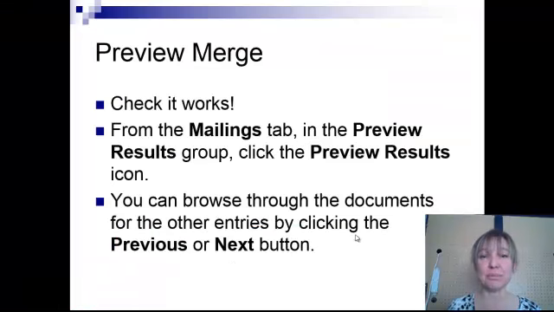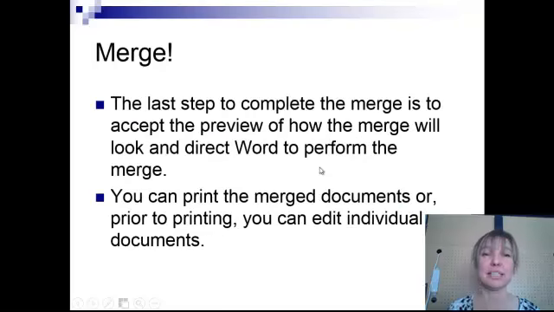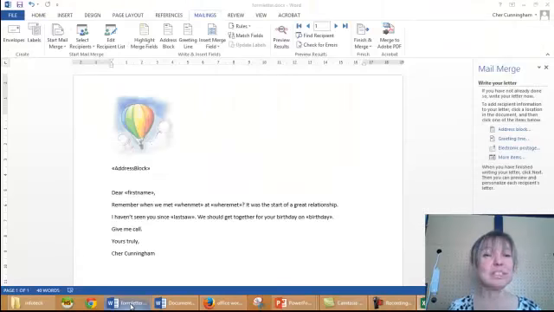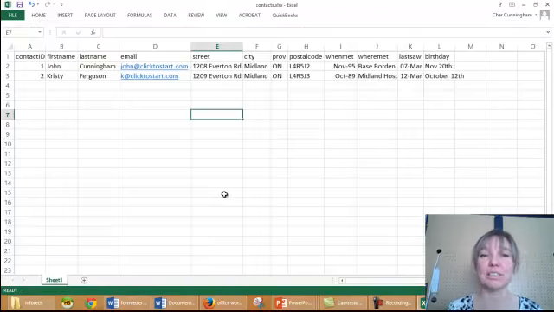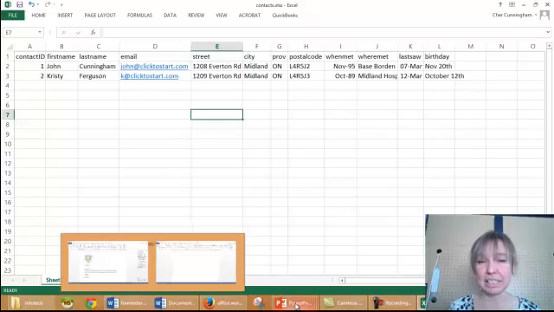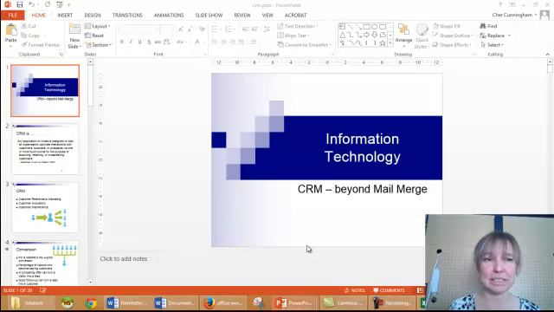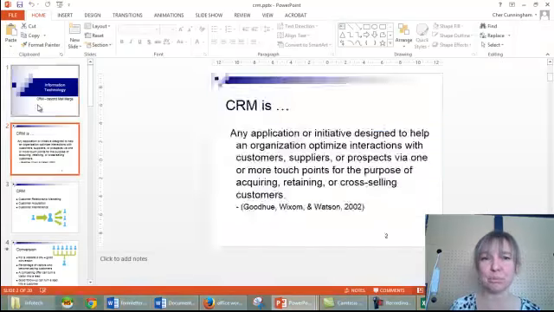Understanding how this works in Word is the same as if you've got a CRM document. So if you had CRM software online, for instance, that uses Constant Contact, or if you've got a PMS CRM software that you use, you take that database, you take your message and you combine them together, and that's your personalized messages. Our next piece that we want to look at is actually the CRM side of it. So I want to get a little bit further into the CRM. So if we go beyond mail merge with CRM,